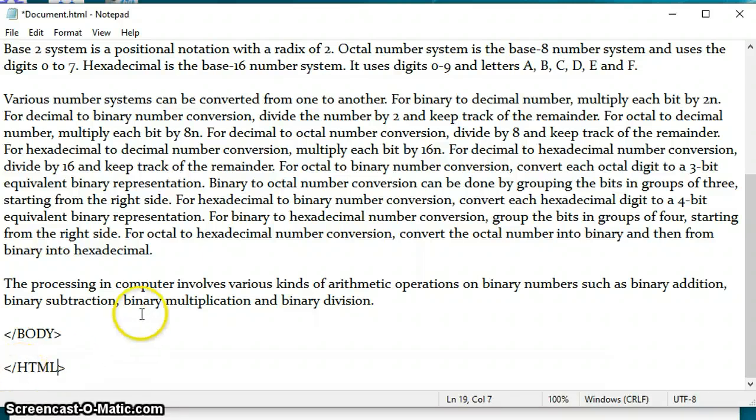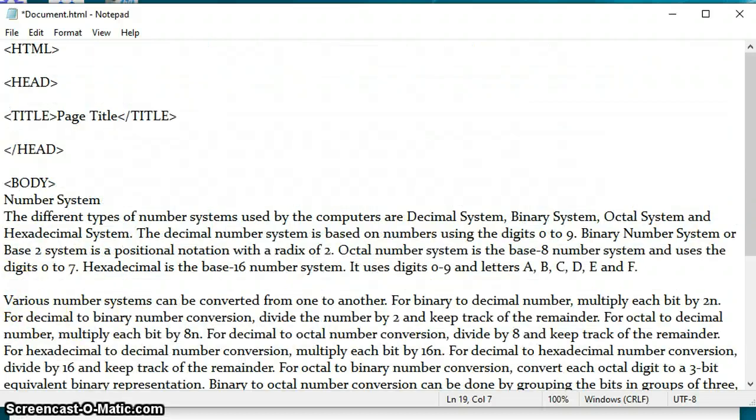But all these tags are case insensitive. So you can write it in capital also, you can write it in small letters also. I am changing the title of my document as number system.